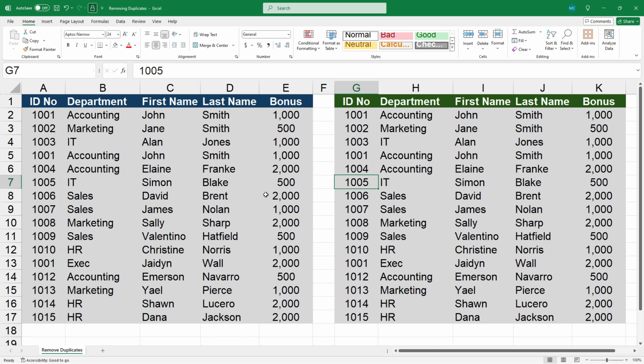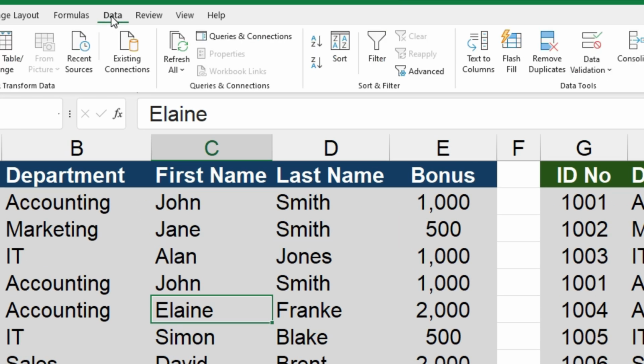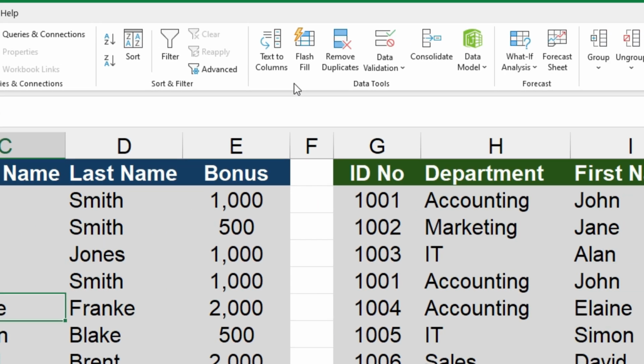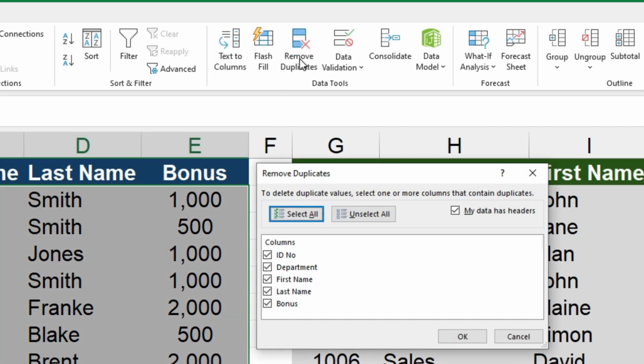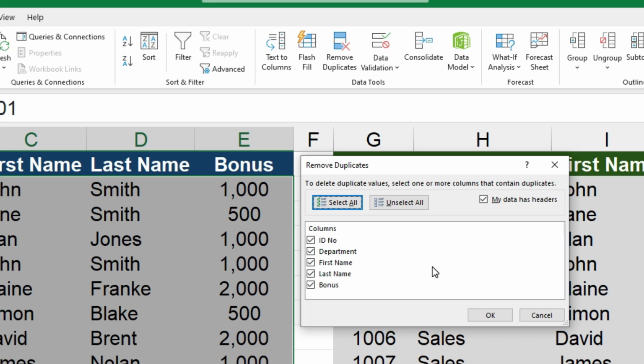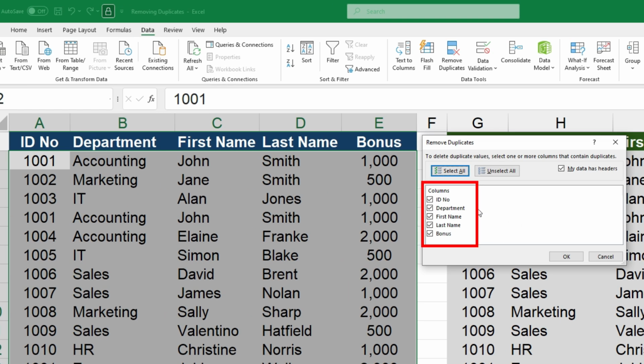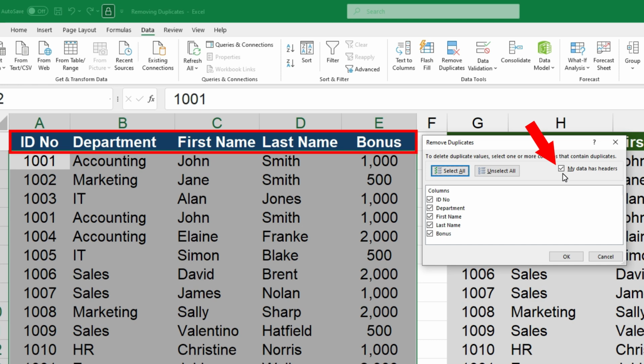So what we can do is we can just click anywhere on this table of information, go to the Data tab in the ribbon, click on the Remove Duplicates button, and then we can select the data that we want to evaluate. So we're going to leave all of the columns ticked because we want to find entire rows that are duplicated. And we also want to make sure this is checked because we do have a header row of data. Now, if I click on OK,